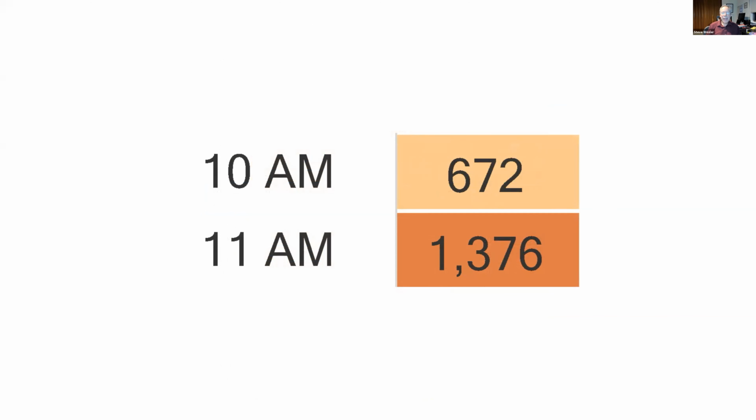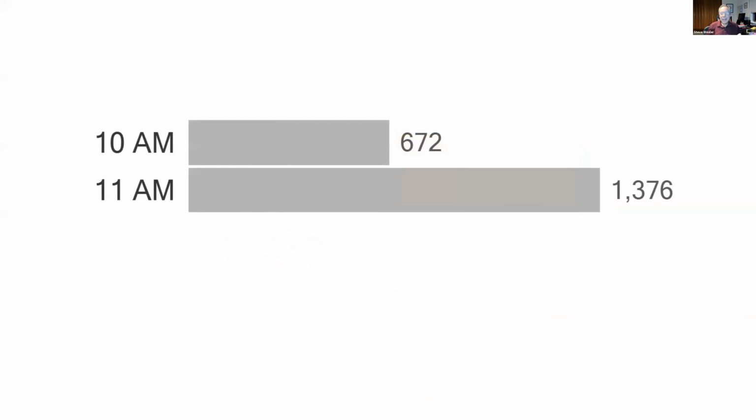is twice as big as 10 a.m. And how can I see that? Because there are numbers in there. If I remove the numbers, can you see that 11 a.m. is twice as big as 10 a.m.? I don't think so. But look at this. If I take the numbers away, I can see 11 a.m. is twice as large as 10 a.m. This is a great, great test of your data visualizations. If you take out the numbers, can people still read and interpret them?